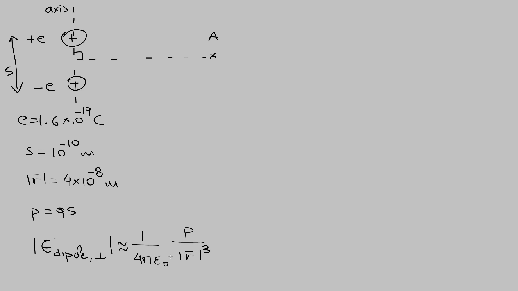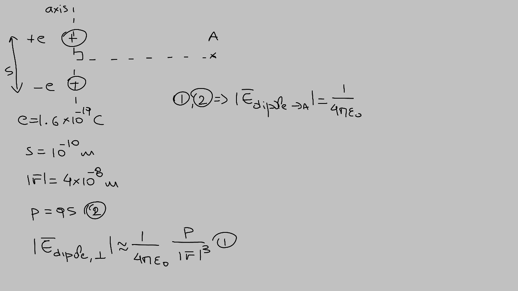And we can go ahead and use this expression. Let's say this is expression 1. This is expression 2 that gives us the dipole moment of the electric dipole. So from 1 and 2, I get the magnitude of the electric field from the dipole at A is equal to the constant 1 over 4 pi epsilon naught times the dipole moment, and the dipole moment is equal to the charge times the separation,